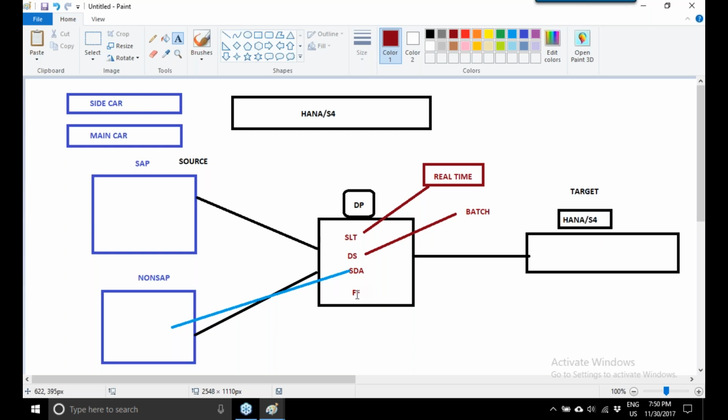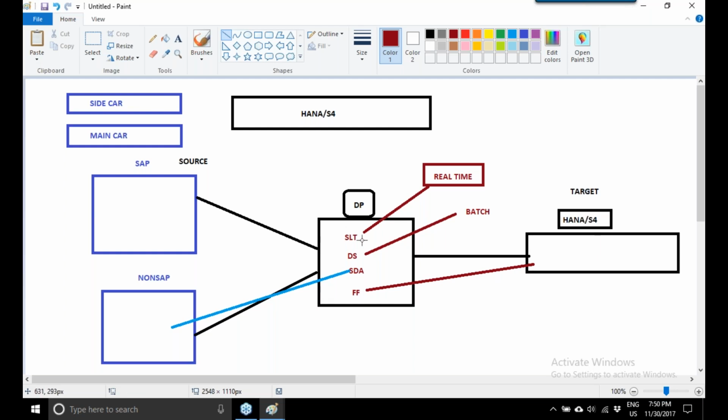If you have .csv files or Excel files, we can directly import these files to the SAP HANA S4 HANA platform. So you can even import using flat files to the new platform.